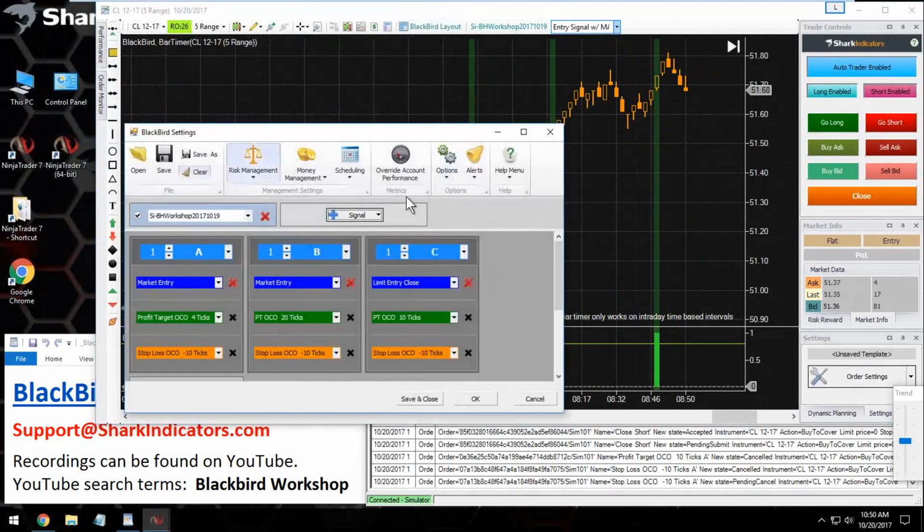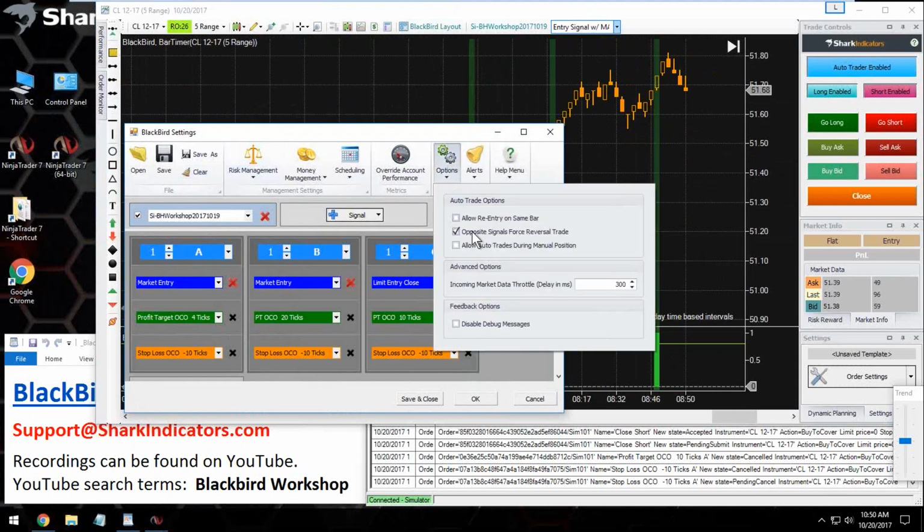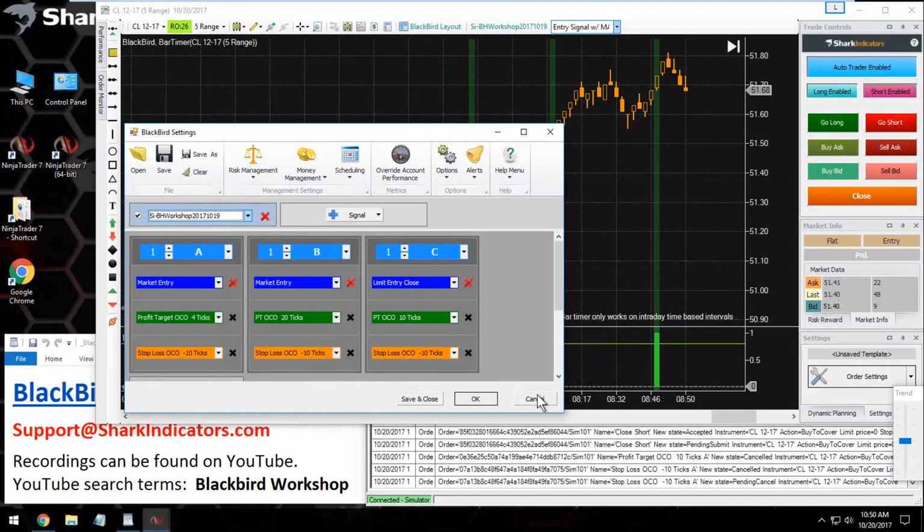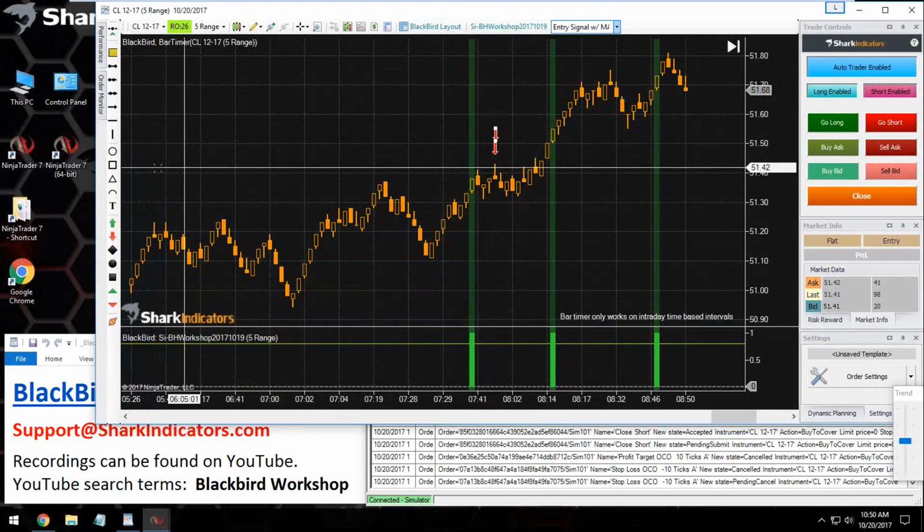Okay. Yeah, that could be one way: just uncheck that. That means reversals are no longer allowed. Correct. But if this was checked, and if the exit signals template was also being used, then the other way that reversals would be ignored is if